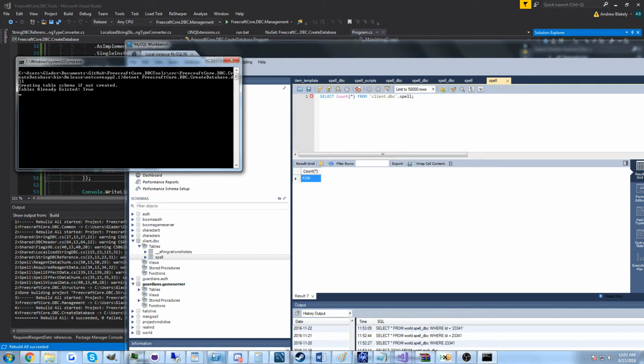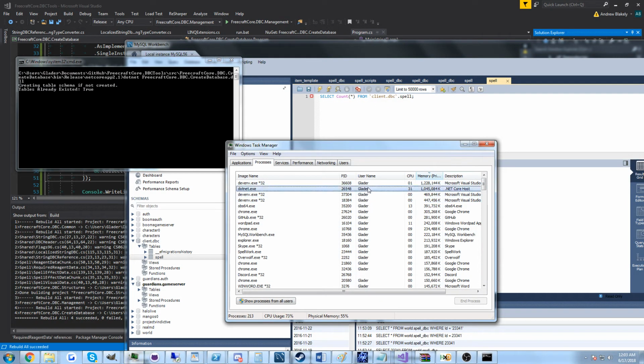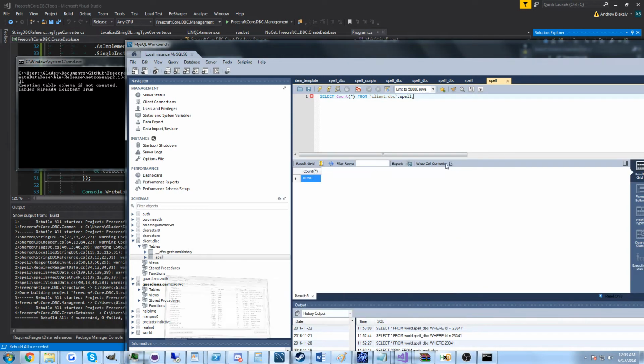It can be a bit slow, and it can use quite a bit of memory. I don't yet have it utilizing 100% of the processor, which is unfortunate. You can see we have 10,000. So you can expect this process, because this is a very complex table with 50,000 records, you can expect this process to take maybe 20 seconds, and I'll work on improving the performance for that. But if we go back to just regular query,